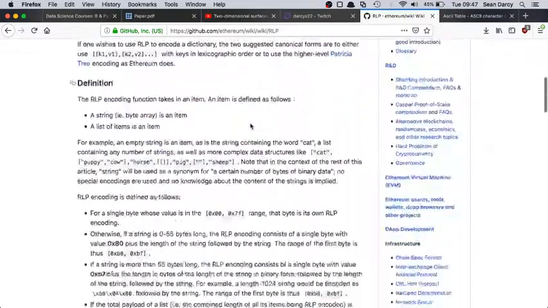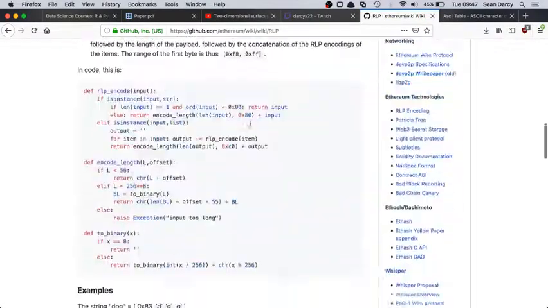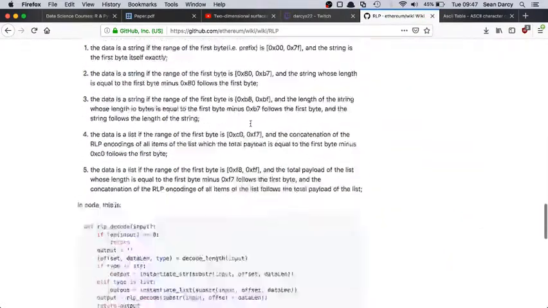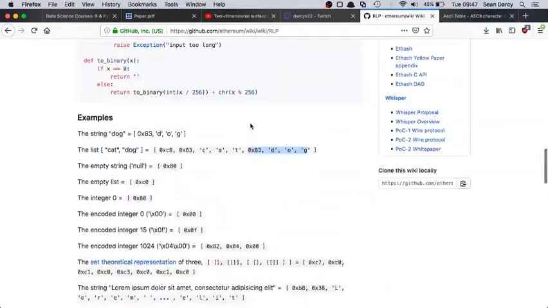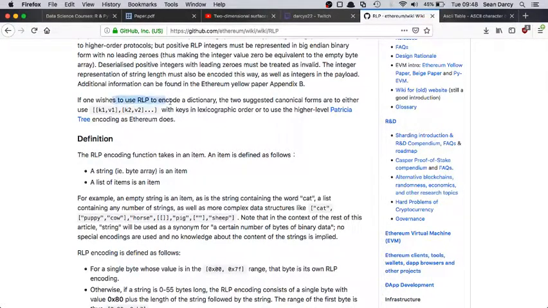But the key is it doesn't actually say anything about the underlying structure. It says somewhere here that if you wish to use RLP to encode a dictionary, so you've got some form of key and a value, it's suggested to either use the keys in lexicographical order, or in the case of Ethereum, they just completely avoid using that altogether, and they use these Patricia trees,